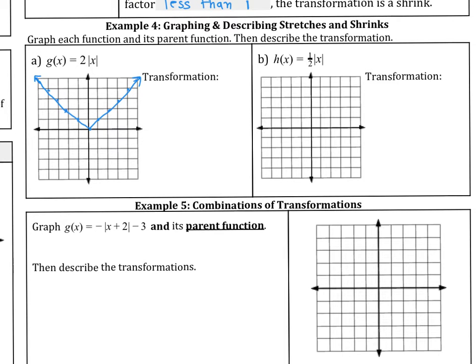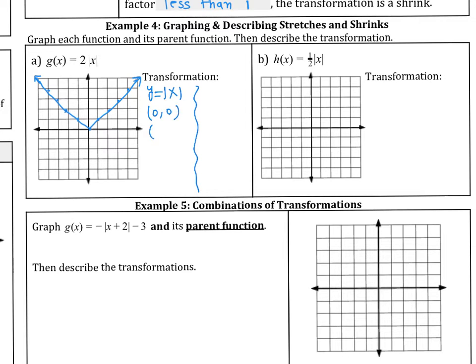Example number 4, graphing and describing stretches and shrinks. Graph each function and its parent function. So I already graphed the parent function. Remember, the parent function for absolute value is this, and the points that you're going to use are 0,